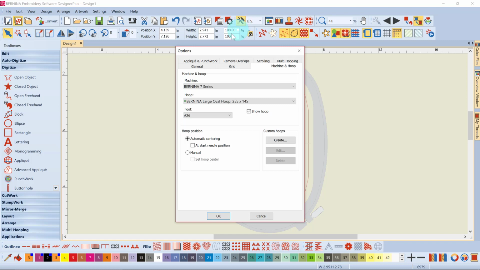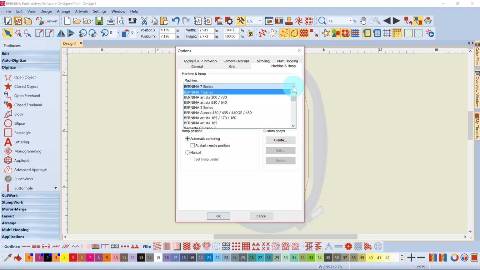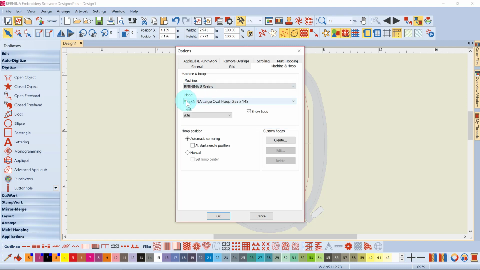You'll see that I have the tab machine and hoop selected, and the thing I love about the software is I can select my hoops based on my machine as opposed to seeing a long list of all hoops from all manufacturers. So say for example that I was embroidering with an 8 series machine, 830, 880. What I would do is select the machine, and then only the hoops that go for this machine will be there,